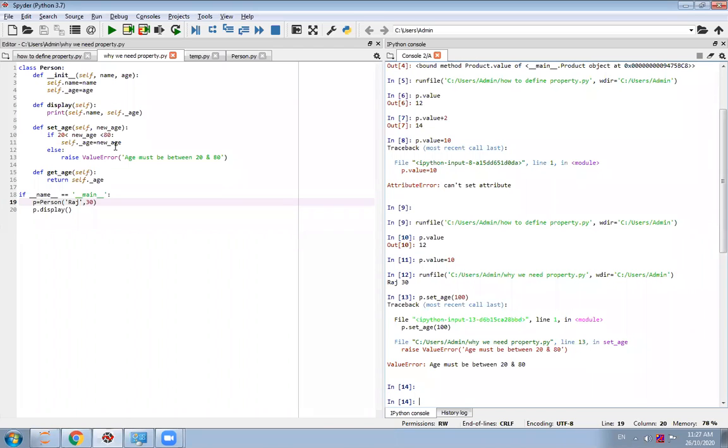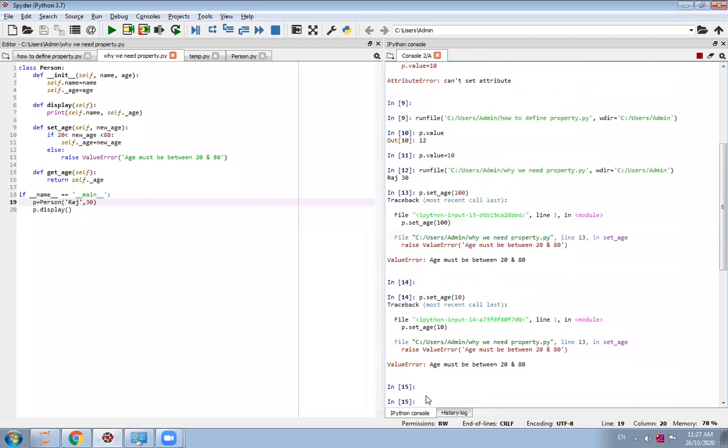Okay, so this concept you will come to know. So here I can't set an age, right? Similarly, suppose I want to set an age, e.set_age 10, obviously I will get the error because it is not between 20 and 80, right?